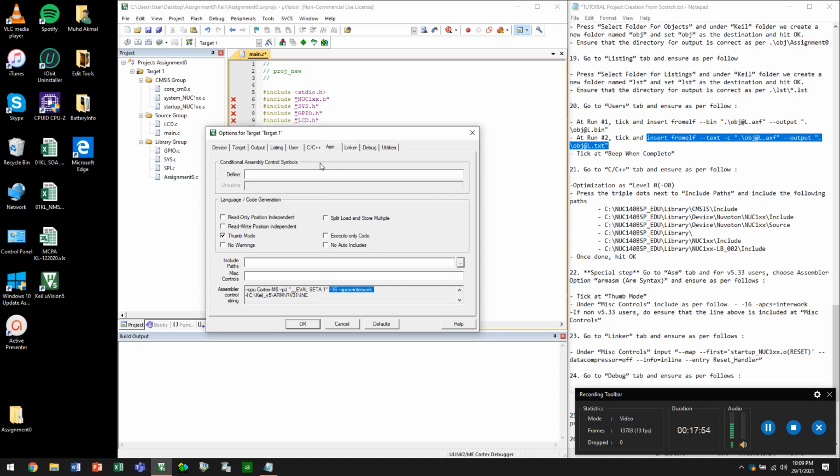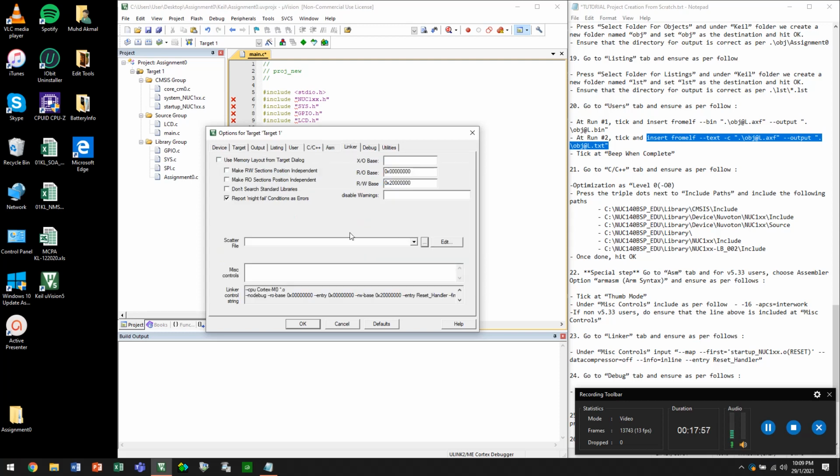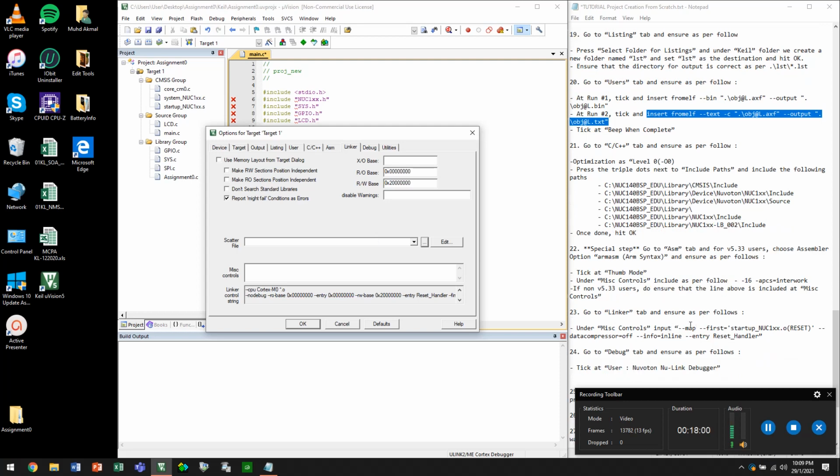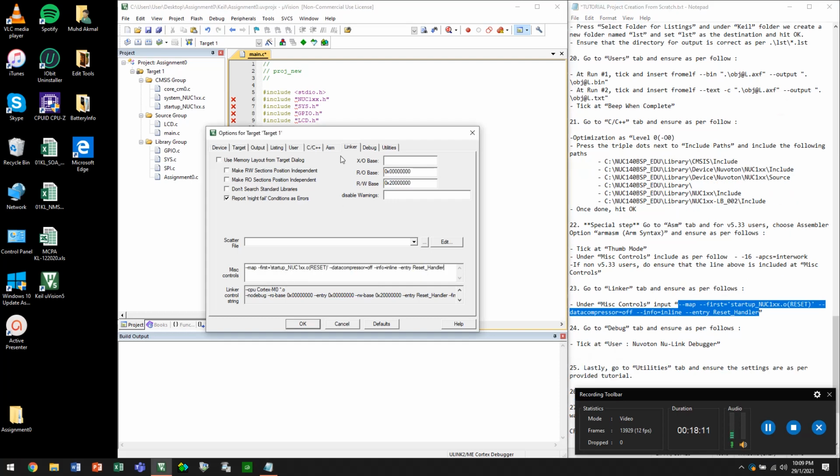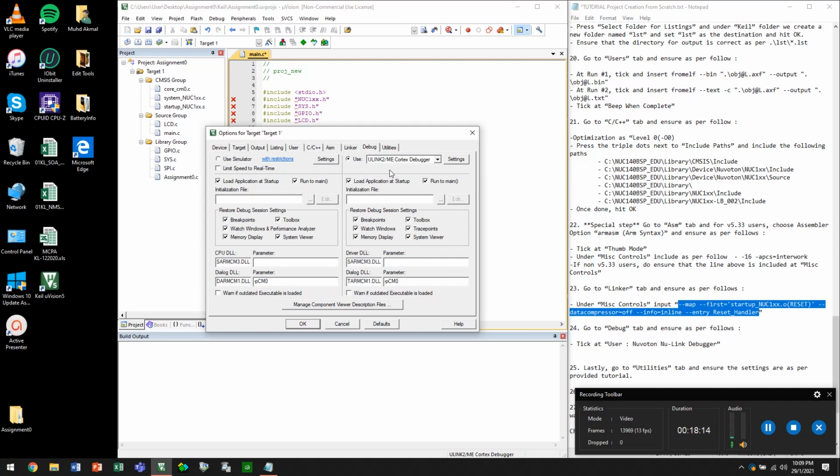Okay, now let's go to the linker part. Just ensure that everything is all okay. And under miscellaneous controls, we need to copy certain command. We're just going to copy, paste, and that's it. And next, we go to debug tab. Under use, we choose it, and we use NU-Link Nuvoton NU-Link debugger. This one. All right. Okay, and then ensure that everything is all okay, and we go to the last tab,